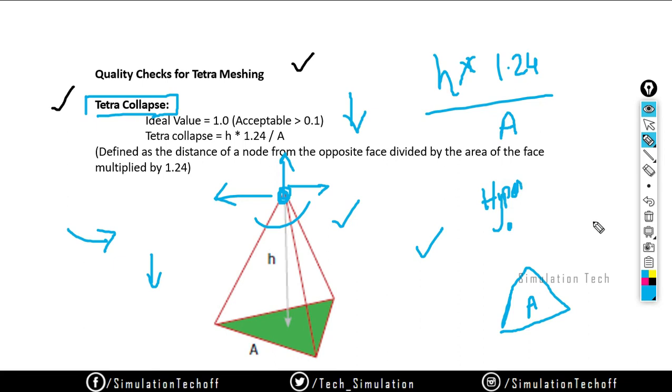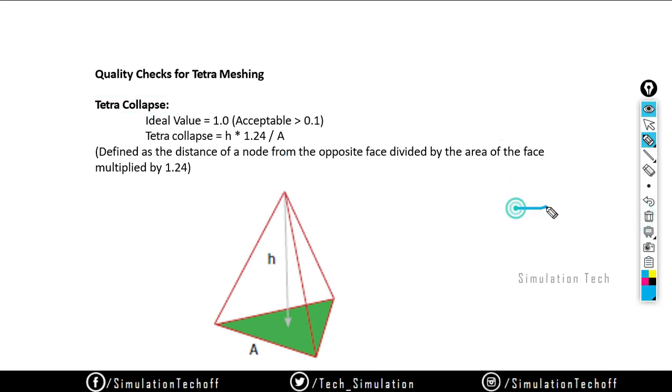Hypermesh has a lot of options for editing the mesh, since it is only for meshing. You can't imagine how many options we have there. Compared to Hypermesh, ANSYS only has around 10 to 8% of meshing capability. Yes, that is called tet collapse.